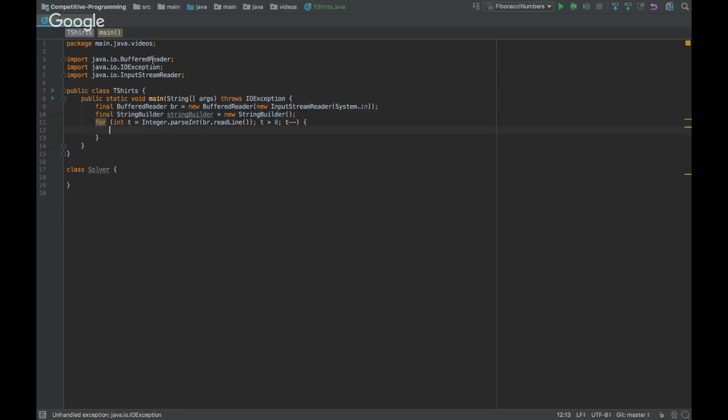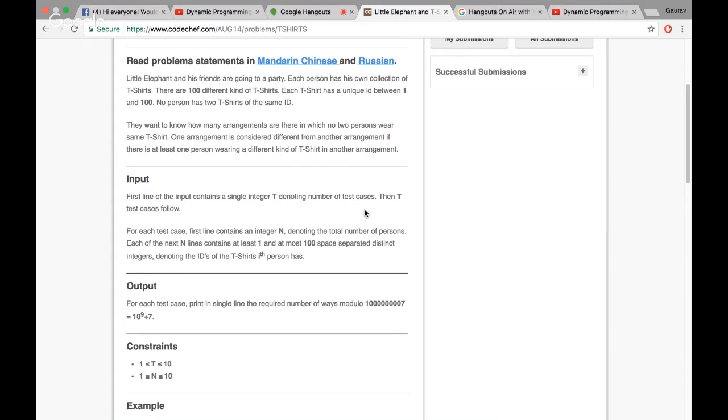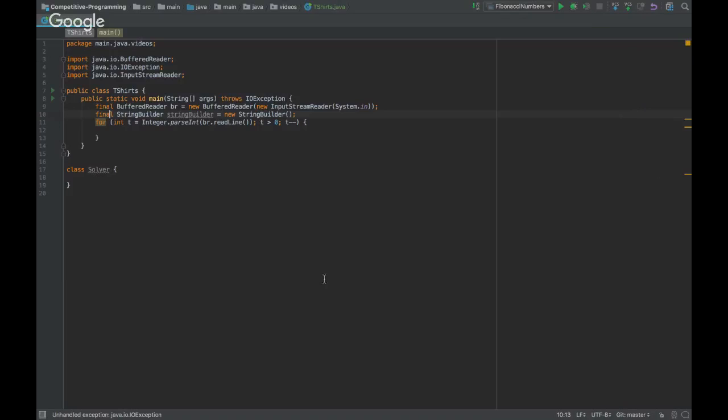So, what's the input again? N will of course come in. What else is the input? Each of the next n lines contains at least one and at most 100. Okay, so these are the sets that they have. Fine. So int n, right? Int n, yeah. N is equal to